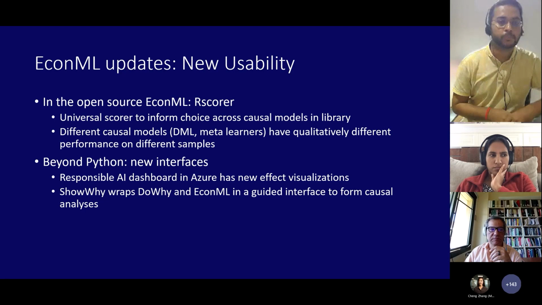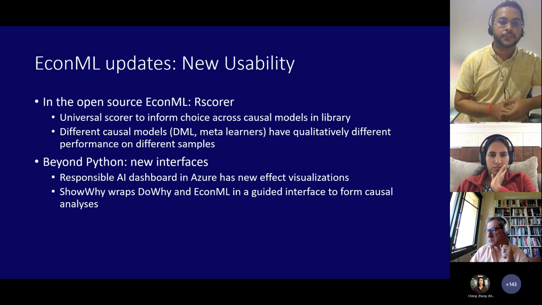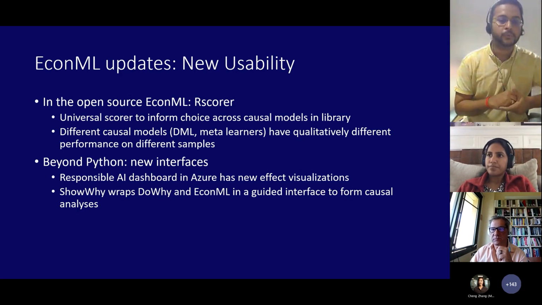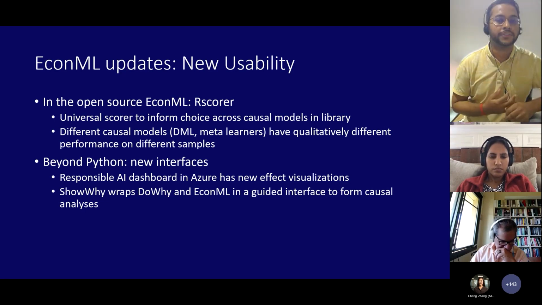And beyond the open source library, we are also looking at new interfaces for EconML. For example, there's a responsible AI dashboard in Azure that is focused on interpreting a fitted model and looking at what might have been the case if there was a causal understanding of the same variables.